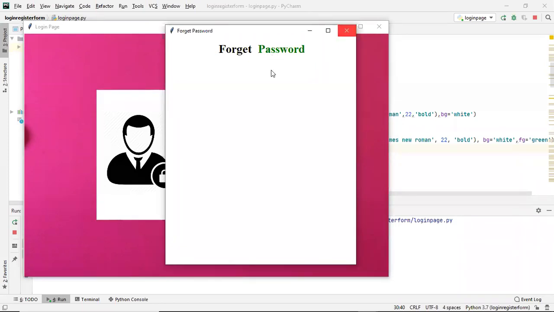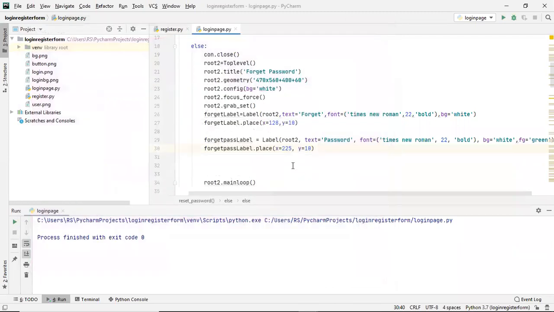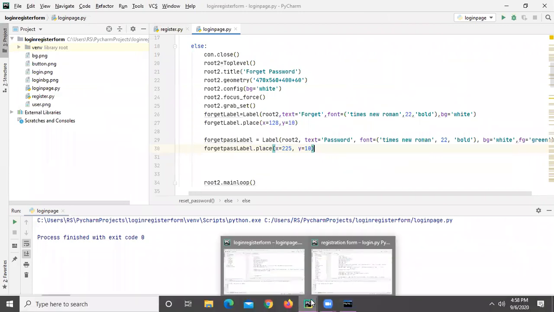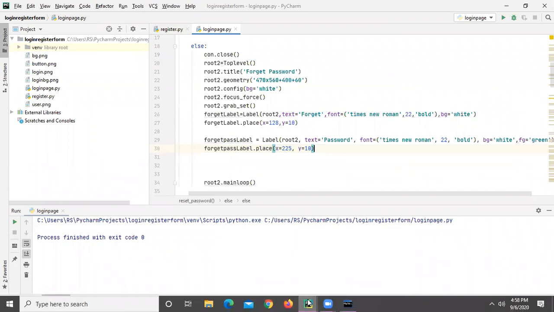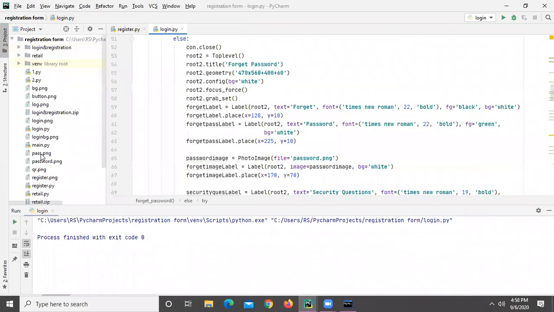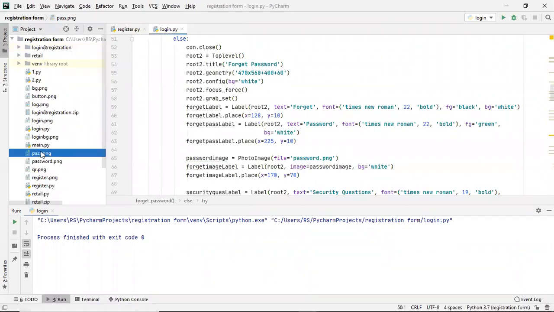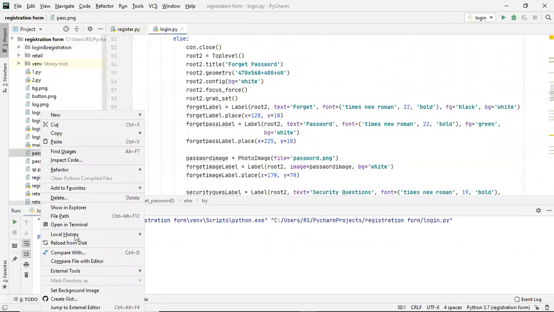Next, after this we have to add an image here, right? So let's add that image. I don't think we have that particular image here, so I have to get that image from the source code. I'll open it in my explorer.